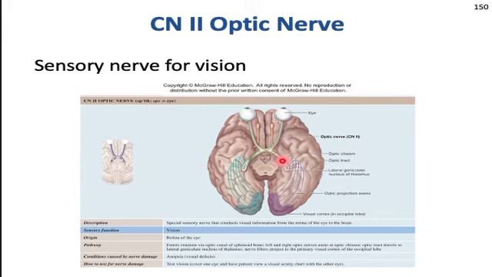Optic nerve is another sensory nerve, and it runs from the retina of the eye back to the optic chiasm, back to the lateral geniculate nucleus of the thalamus, and then there are extensions that head all the way to the occipital lobe of the brain. Okay, and this is how we see. Right? This is what delivers vision to the occipital lobe,